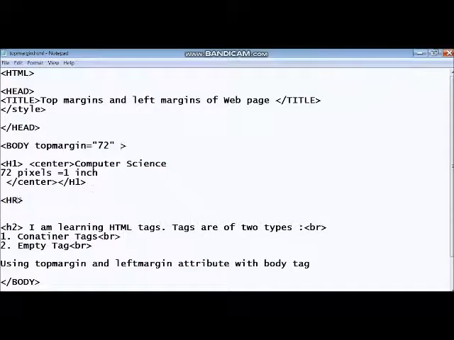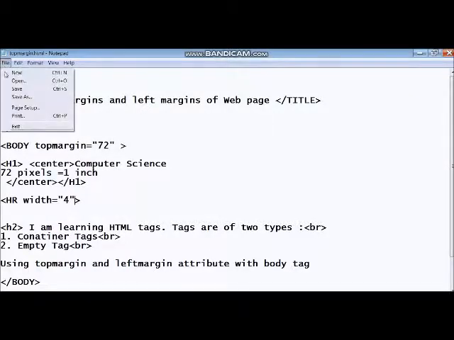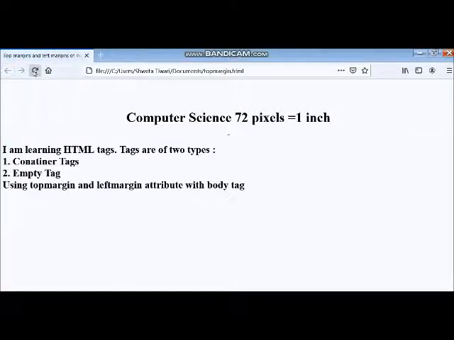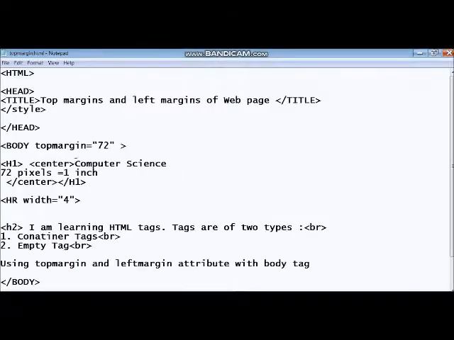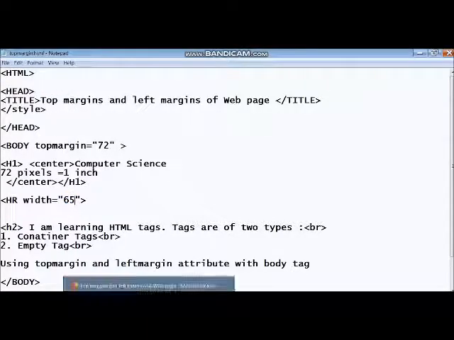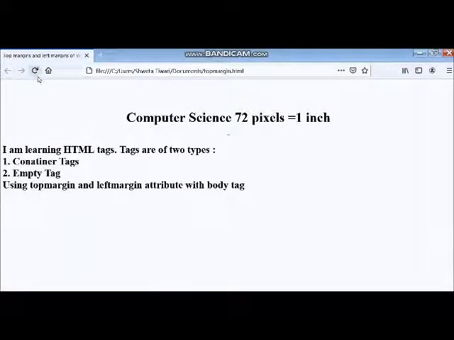With HR you can use width is equal to, suppose you have 4. Save. We are going to increase that. Suppose here 65. So width will be 65.